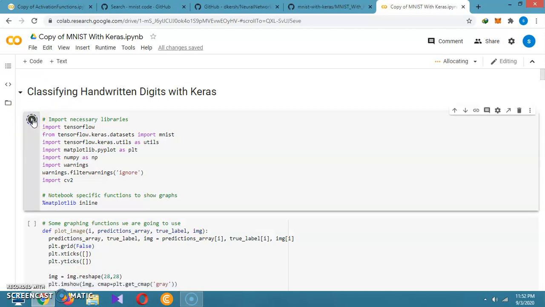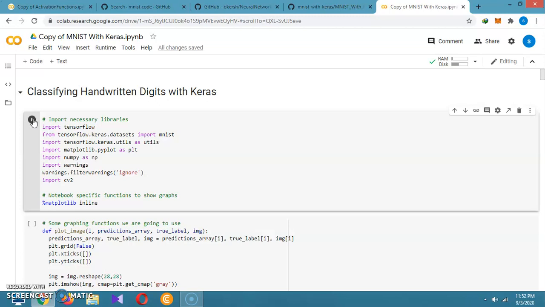Okay. For running this example, we need TensorFlow, Keras, Matplotlib, NumPy, and CV2. So we are going into detail. Which functions do we need?